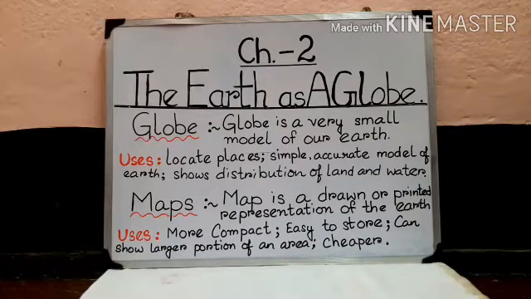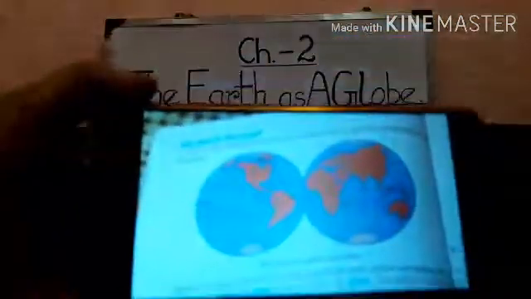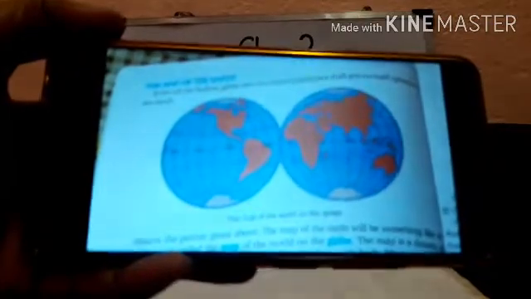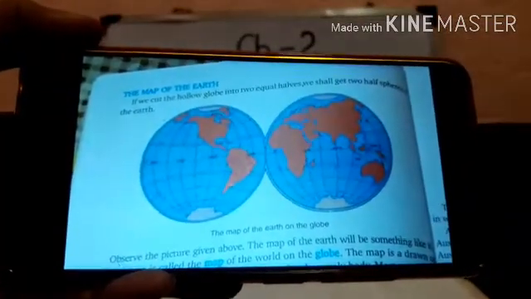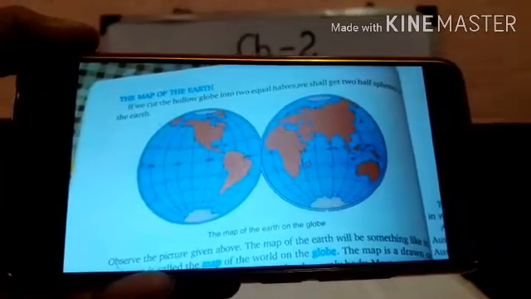If we cut the hollow globe into two equal halves, we shall get two equal half spheres of the earth. See, you can see this picture in your book also, right? See carefully this picture. I hope you have got this picture in your book, isn't it?